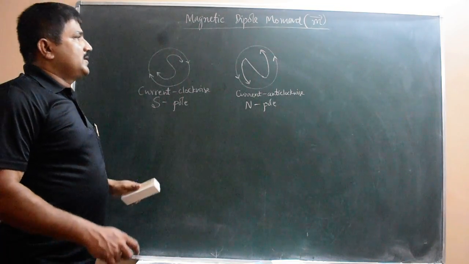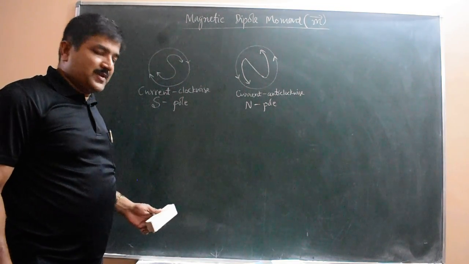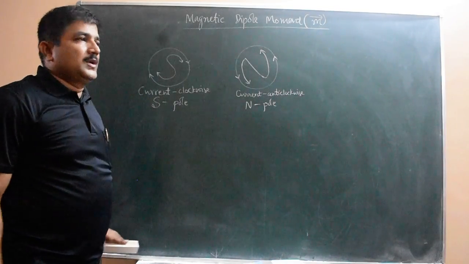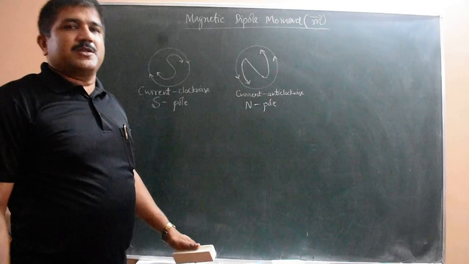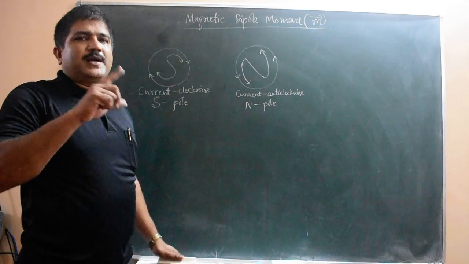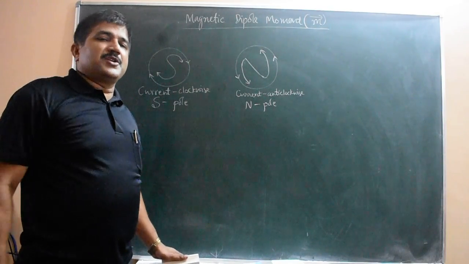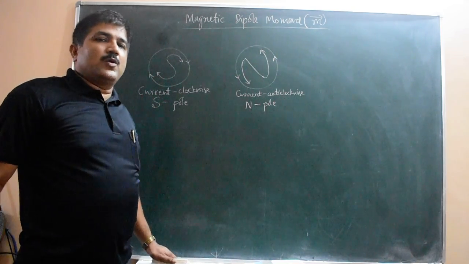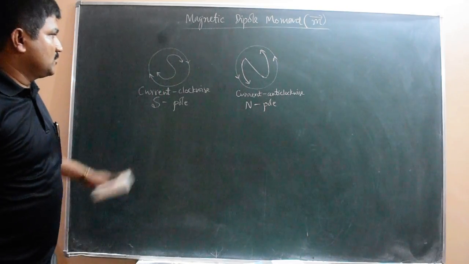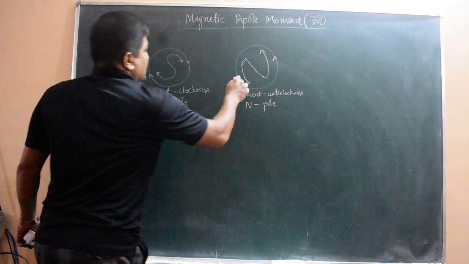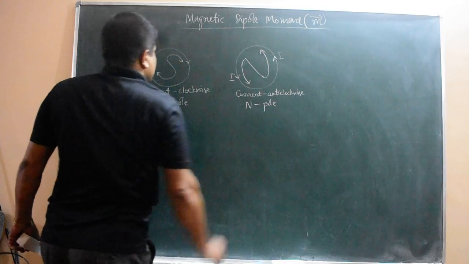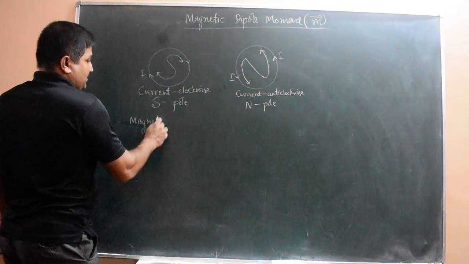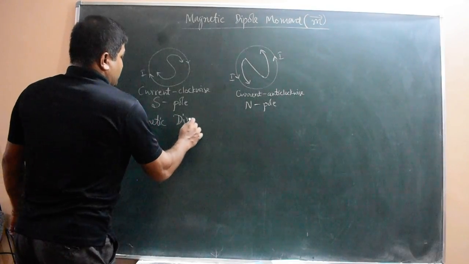And for a dipole, there will be a dipole moment. Like an electric dipole, which is a small positive charge and a negative charge, q and minus q, separated by a small distance 2a, the dipole moment P equals 2a into q. Here also, if there is a current I in the loop, then the magnetic dipole moment of the current loop